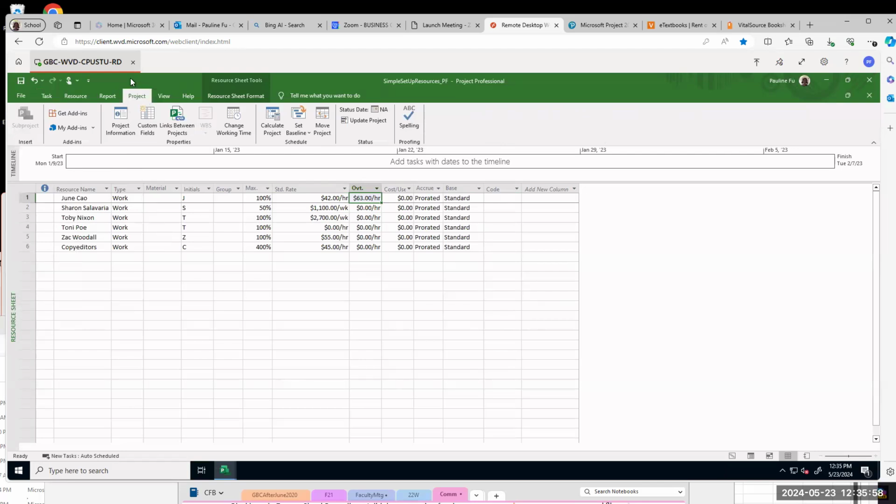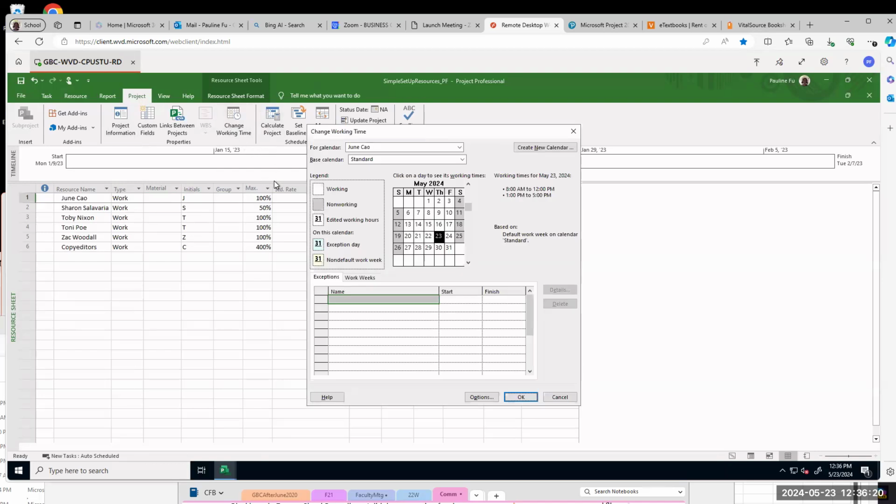So click project, just click project. We're here in the resource sheet view, go project, then project, you have change working time. Change working time.